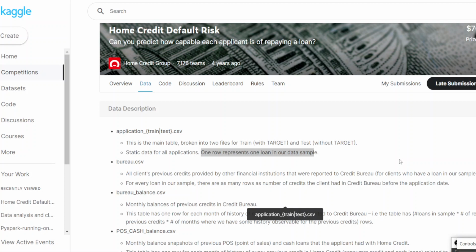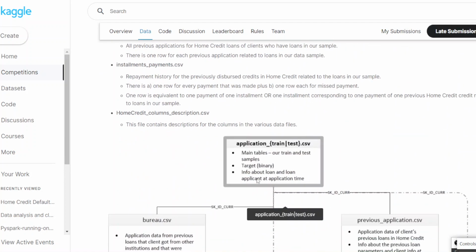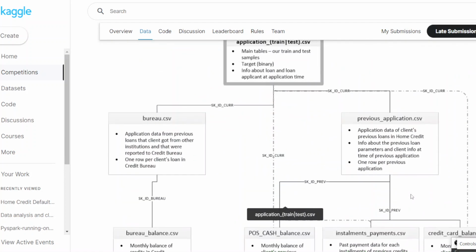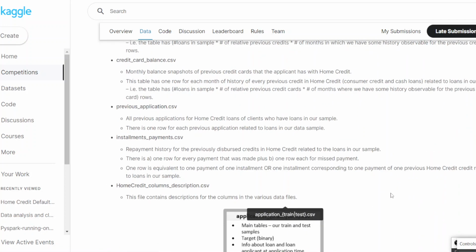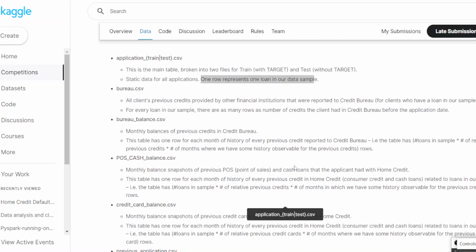PySpark thing here in the Kaggle itself. So you can also create your own notebook here. So what you need to do is you need to see firstly the data description before you move ahead. It is better to read about the data set, because this data set is having more than 5 to